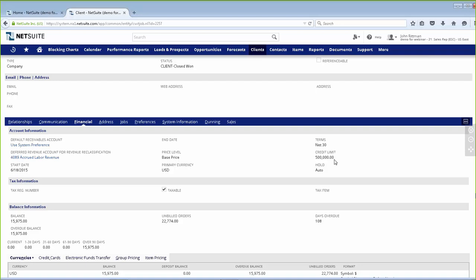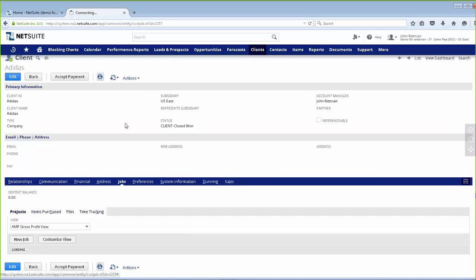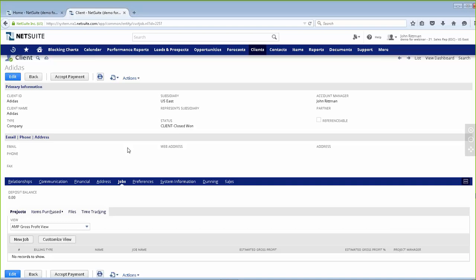I've also established that this customer has $500,000 in credit, and the finance person has indicated that the credit is auto. NetSuite has a variety of different ways you can handle credit procedures, such as not having credit enforced, so I just have a reminder on a report, or maybe let the salesperson know anytime they make a contract that they're over the credit limit, and it'll pop up and do that reminder for them. I can also see down at the bottom here the 30, 60, 90 days on the AR overdues for this customer. If we're working any of the projects in our system, project management, that's where that would live in here. Any of the projects that this customer is working on, maybe with our creative department, would live here.